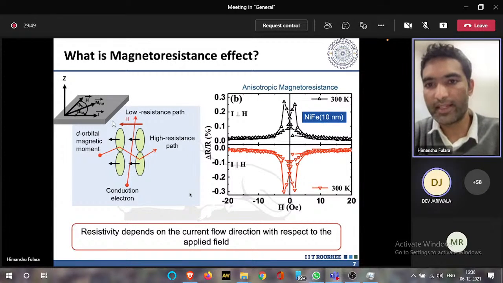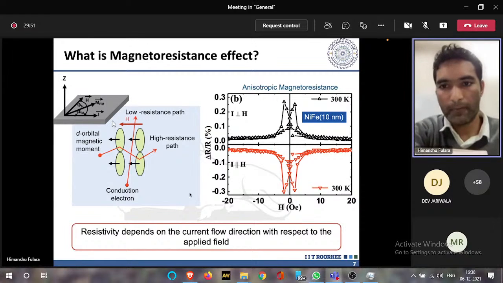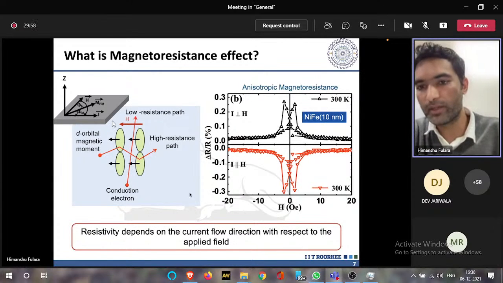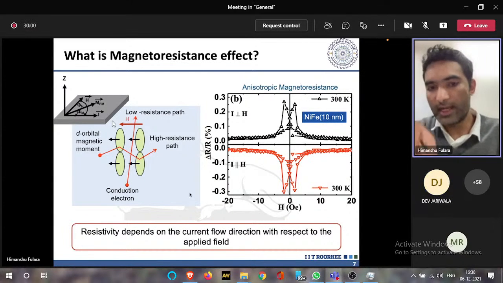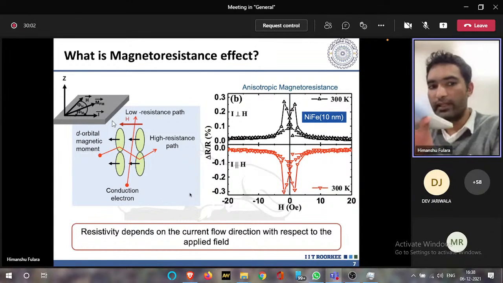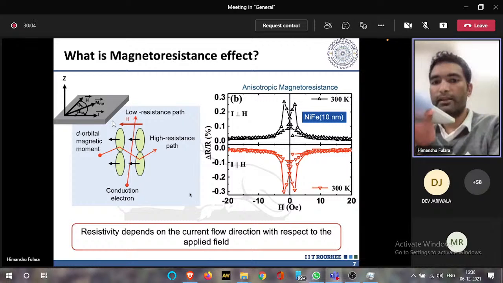Every ferromagnetic material has a coercivity. So the width of this response basically gives you the idea about the coercivity of the magnetic material. So this is how you measure this, and then in another configuration you apply the magnetic field perpendicular to